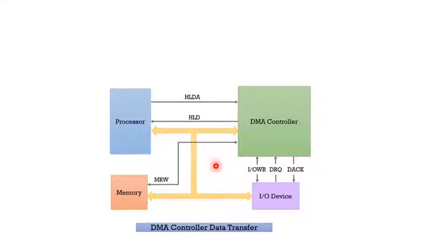The DMA control then gains control over the two buses, address bus and data bus, and monitors the transfer of information between the locations. Once the entire data transfer between the I/O device and external memory gets over, the DMA control is withdrawn and its request for using the data and address bus is disabled, and the hold and DMA acknowledge signals are retrieved back. Thus, the microprocessor gains control of the address bus and data bus.